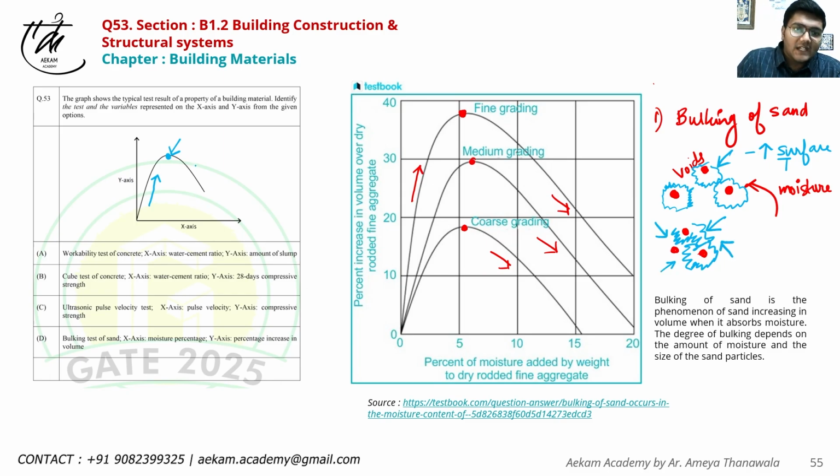Because of that, the volume will again start decreasing. This happens, the most bulking happens the most in fine graded sand because they have a higher surface area to volume ratio, right? And in coarse graded sand, the consistency is also less and the surface area to volume ratio is also low, so bulking is seen lowest in coarse grading. So these are important points regarding bulking of sand, which can be again asked in GATE exams,